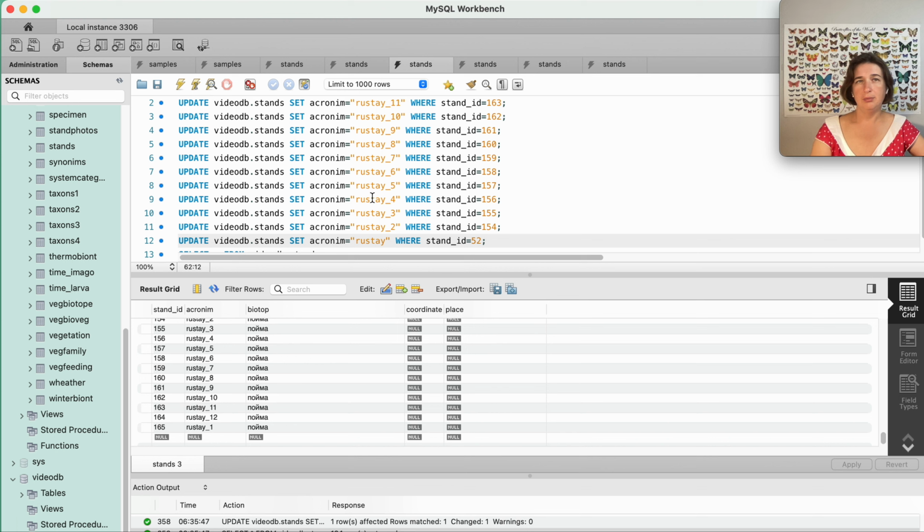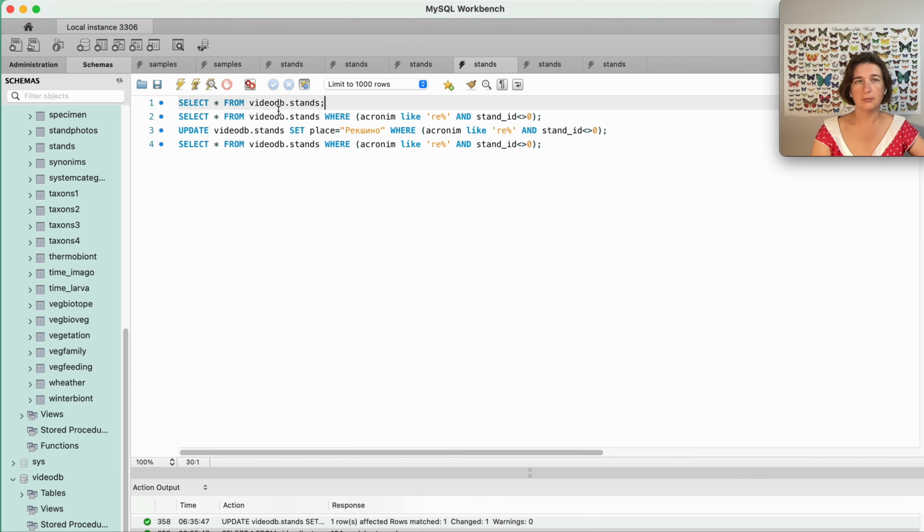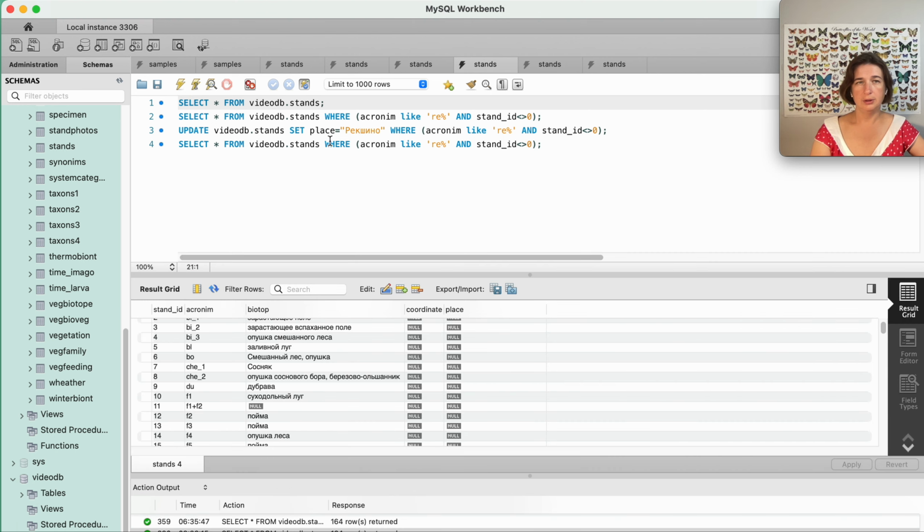Now we will start to fill the column place. First we select all stands, then we select in this column we will decipher our acronyms.